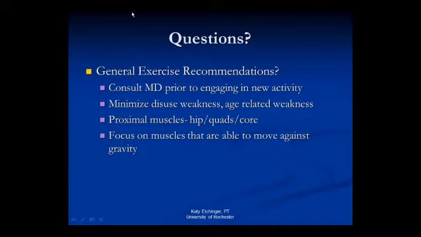And in women, I know that we lose a half a kilogram to a kilogram of muscle mass a year after the age of 30, just based on hormonal and age-related changes. So with exercise and physical activity and strengthening activities specifically, we're really looking to minimize that disuse weakness and that age-related weakness versus trying to strengthen muscles that have been affected by the disease process. Again, these need to be individualized to your activity level, your daily routine, your amount of strength, and your activities.